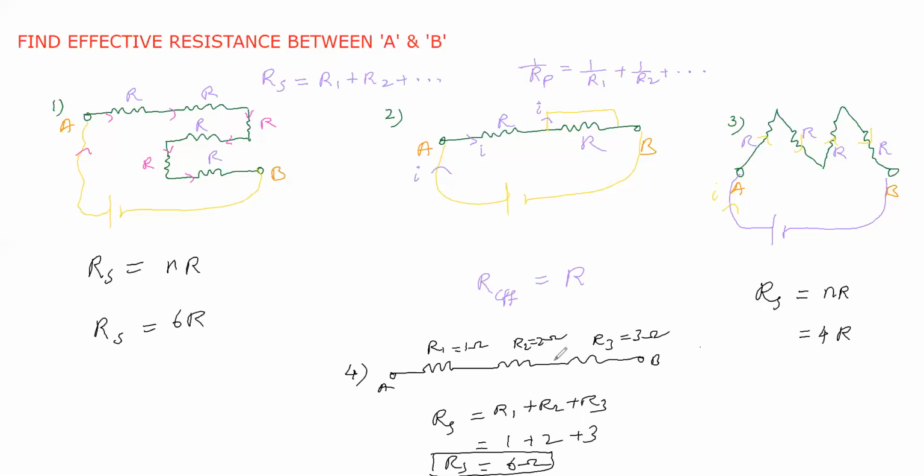So in series combination, we will get effective resistance more than the greatest resistance among all the resistors. Why is the effective resistance in series combination greater than the greatest resistance? Let us consider these wires: this first wire, this second wire, or rather this first resistance, second resistance, third resistance, R1, R2 and R3, like that we